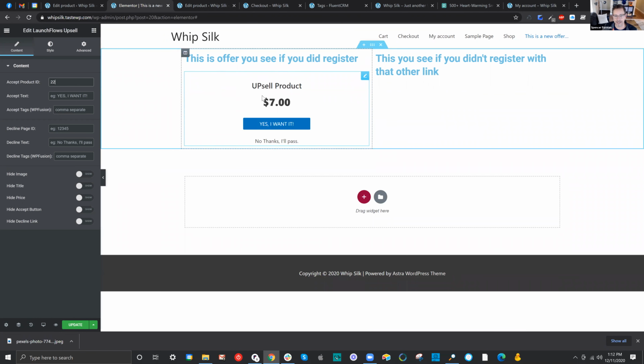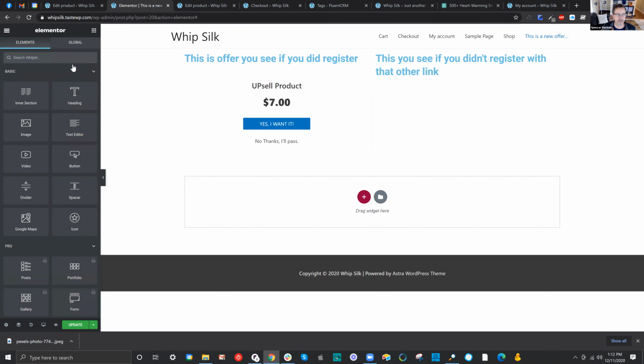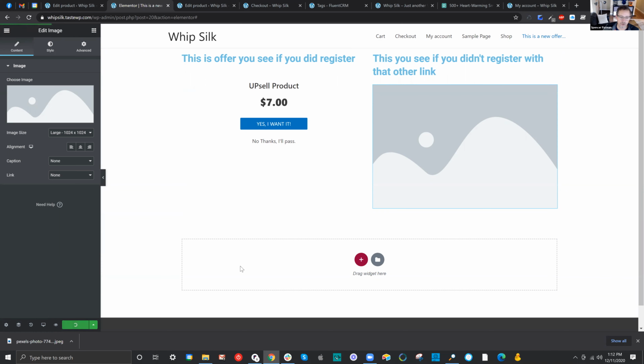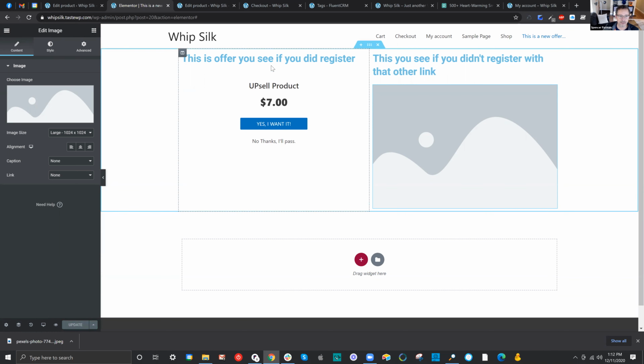And I can add an image and jazz this up. Over here, I have the consolation prize. Maybe it's just an image or something. And I can say, you know, wah, wah, wah. All right. So the way we can test this is WP Fusion. When you're in the administrator option, you can set it up where you can actually view it as if you had the right tags or not. And so what I love about that is